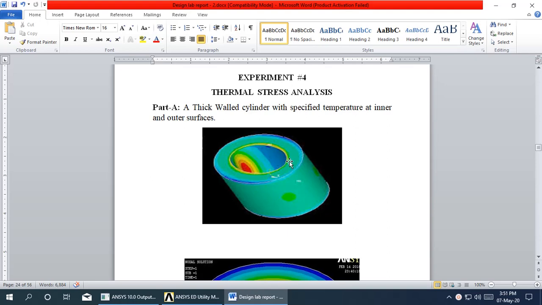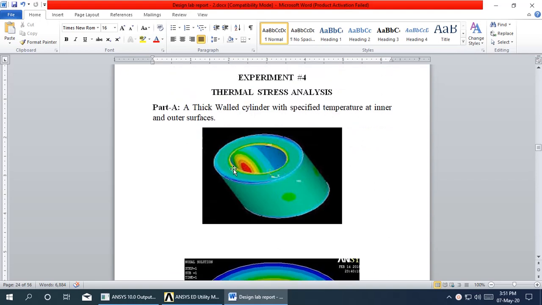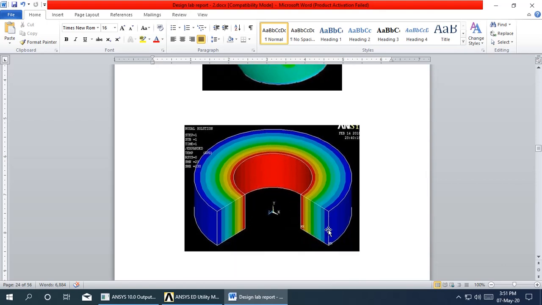Instead of doing the 3D modeling of a cylinder, we need to convert this 3D analysis of a cylinder into a 2D analysis. The reason is the 3D analysis of a cylinder will be time consuming, requires a number of elements and a lot of space in ANSYS to store the data. So to simplify the problem, this 3-dimensional cylinder is transformed into 2-dimensional by constructing only the plate, and the analysis type will be axisymmetric element, and after the results are done, this is rotated 360 degrees to get the cylinder.